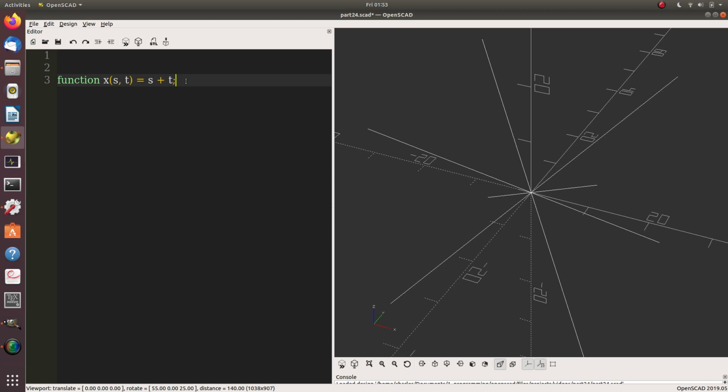Okay, so now we can do something similar for y. Let's say it's s minus t. And finally, a function for z. We'll say it's s times t. Just to make things interesting. All right. So now we essentially have